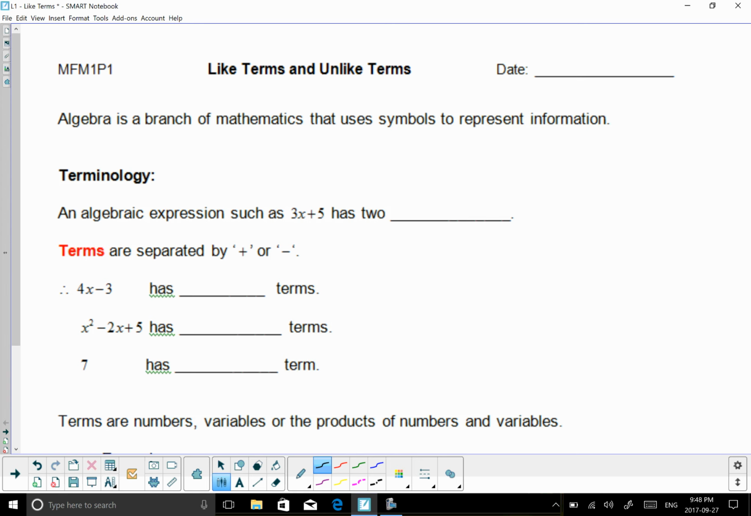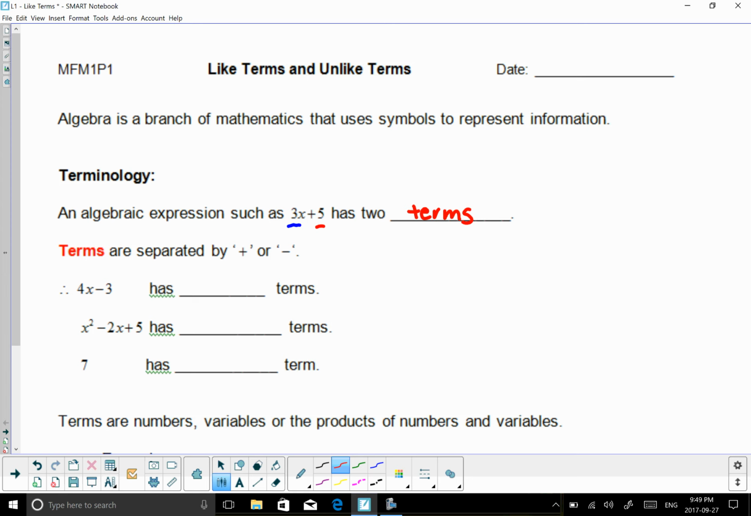Today we're going to talk about like and unlike terms. So algebra is a branch of mathematics that uses symbols to represent information. In an algebraic expression such as 3x plus 5, we state that this has two terms. There's two terms because this says that there's 3 x's and